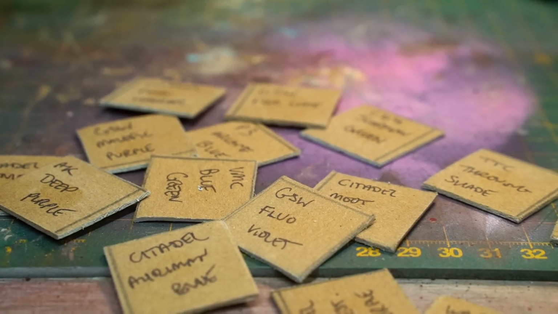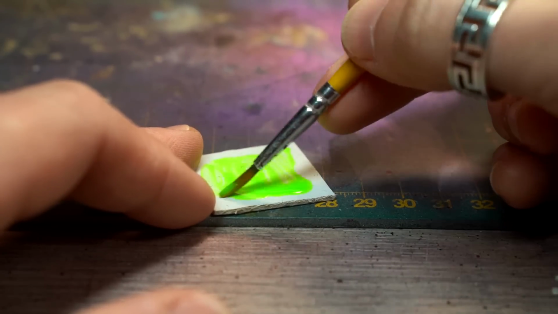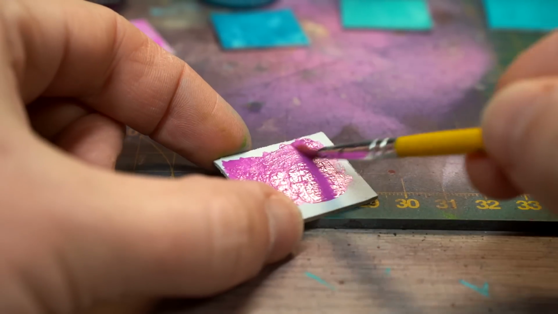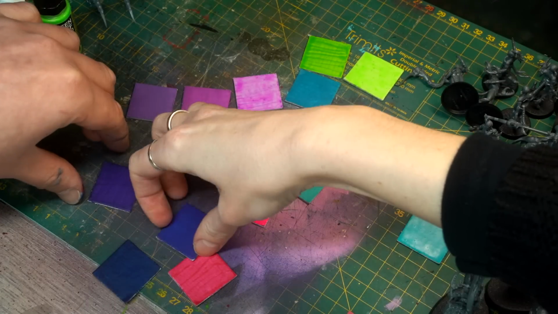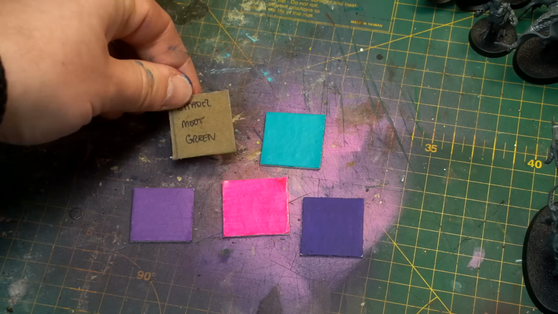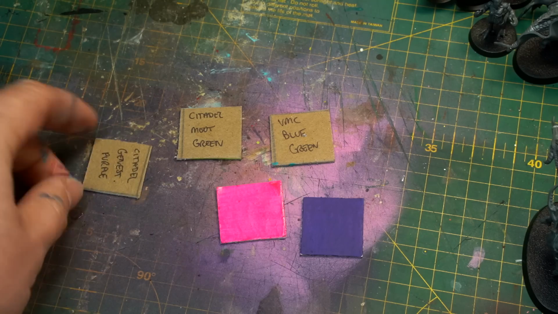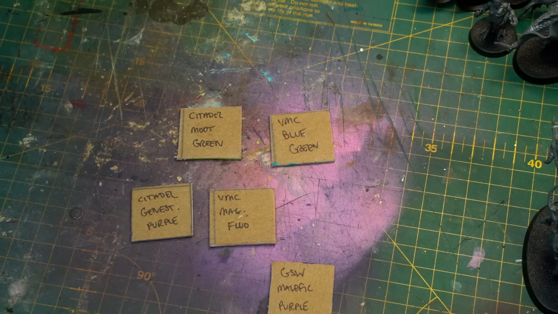Fluorescent Lime Green. I gave each piece of card 2 thin coats of each paint, and this will not only help us determine the true colour of these paints, but also how well they apply, smooth or streaky, and how see-through they were. We weighed up their performance and then chose the swatches that not only looked great on their own, but worked well with the other colours too. And the winners are Citadel Moot Green, Vallejo Blue Green, Citadel Genestealer Purple, Vallejo Fluorescent Magenta, and Green Stuff World